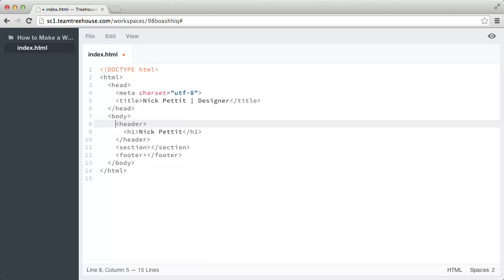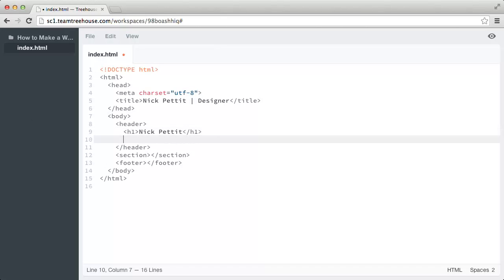to site visitors. Inside of it, we have the first level headline that we created earlier, and I've made sure to continue indenting properly. Now, before we move on to the section and footer, let's add a second level headline that matches the title we created earlier. The headline will be slightly smaller than our first level headline when it's rendered on our web page. So after my first level headline, I'm going to type H2, and then inside of that, I'm going to type